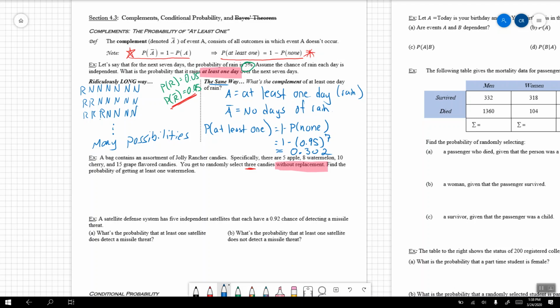All right, so I'm going to label this as A is the event where I get at least 1 watermelon. At least 1 watermelon candy. The complement of this event is that I get no watermelon candy. So this now tells me that when I'm looking at my probability here,